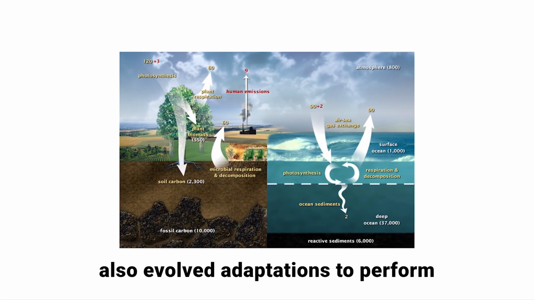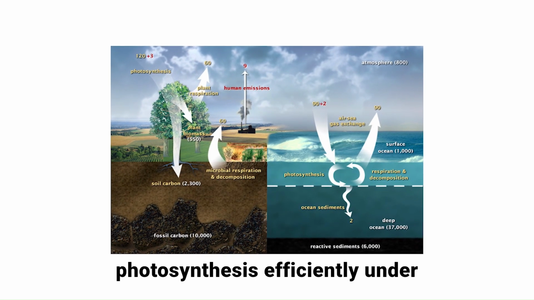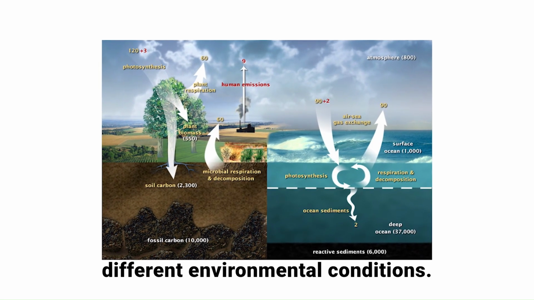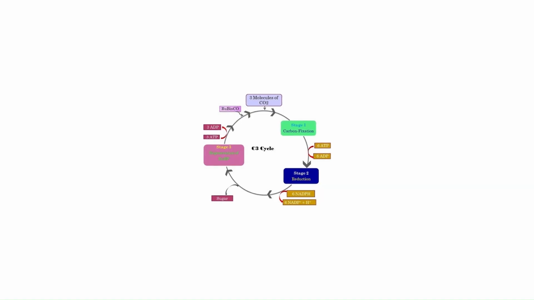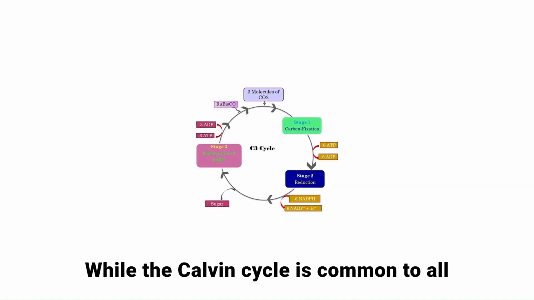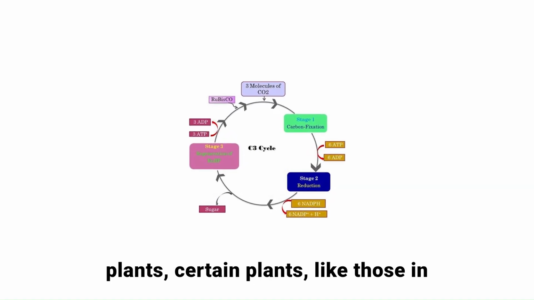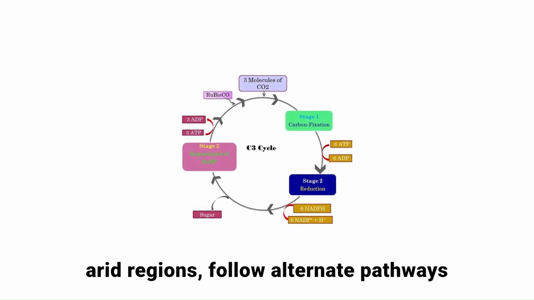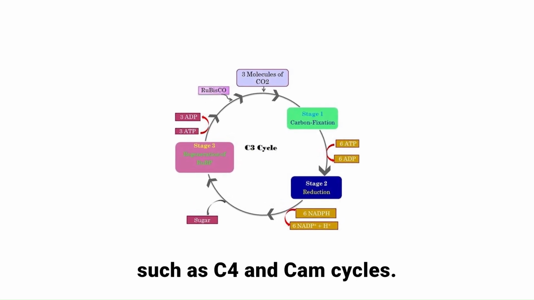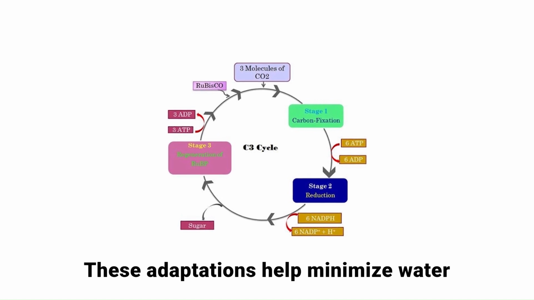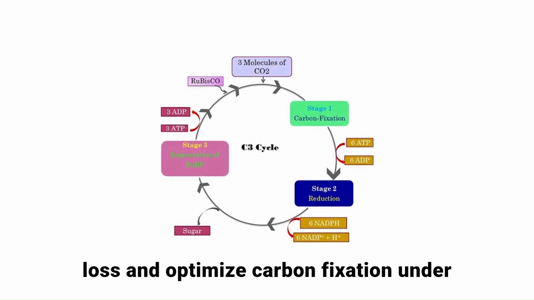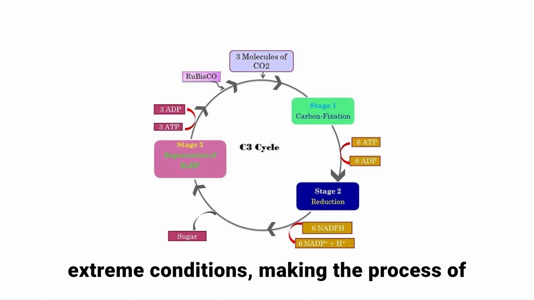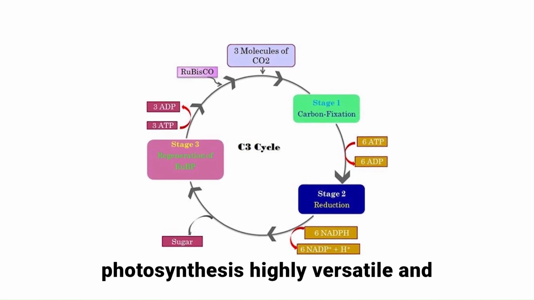Higher plants have also evolved adaptations to perform photosynthesis efficiently under different environmental conditions. While the Calvin cycle is common to all plants, certain plants like those in arid regions follow alternate pathways such as C4 and CAM cycles. These adaptations help minimize water loss and optimize carbon fixation under extreme conditions, making the process of photosynthesis highly versatile